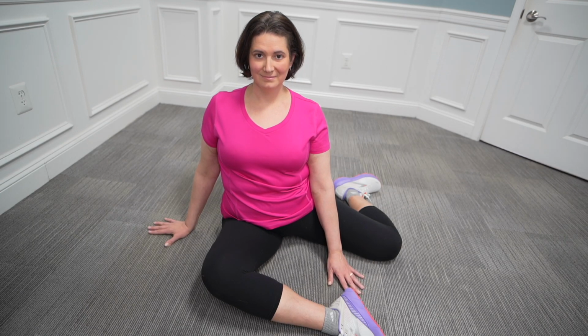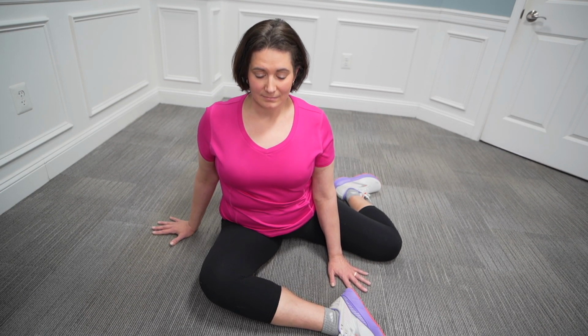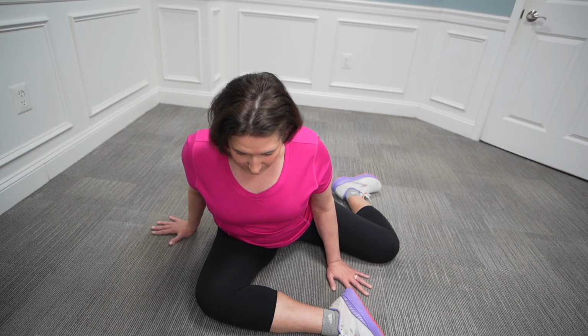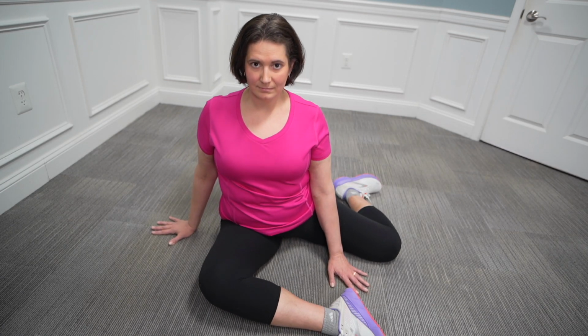So again, the keys with this exercise, keeping your chest tall, back very straight, hinging from your hips, lean into it as far as you feel comfortable. If you start to round your lower back, you're losing the stretch, and so it means you're going too far. So come back to a position that you feel comfortable where you can keep your back in a nice straight